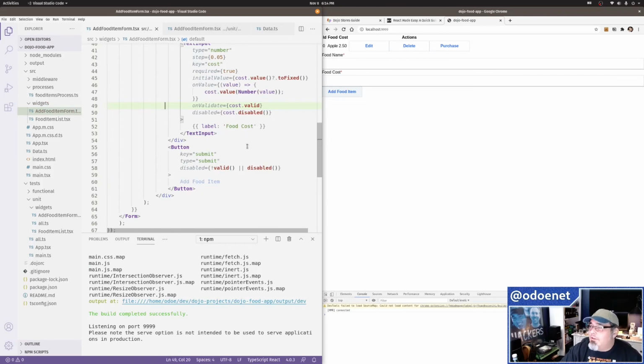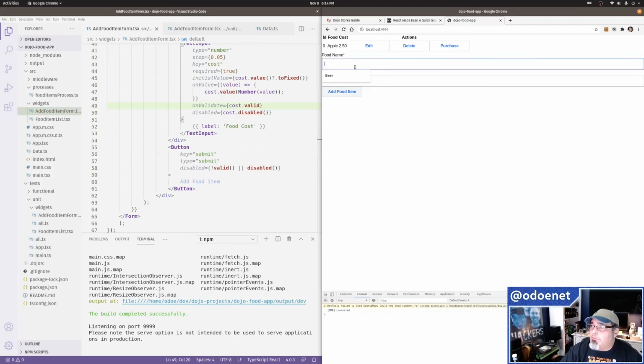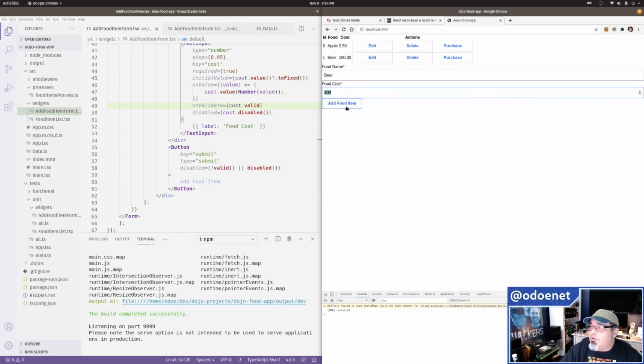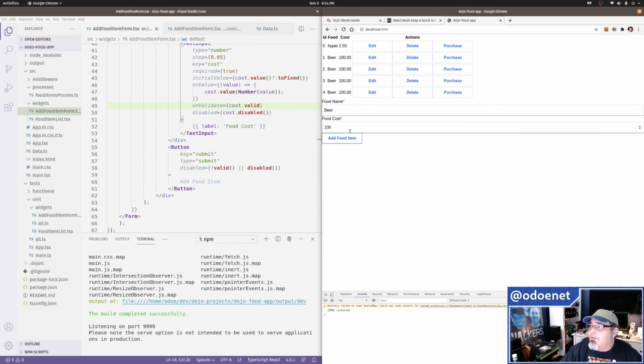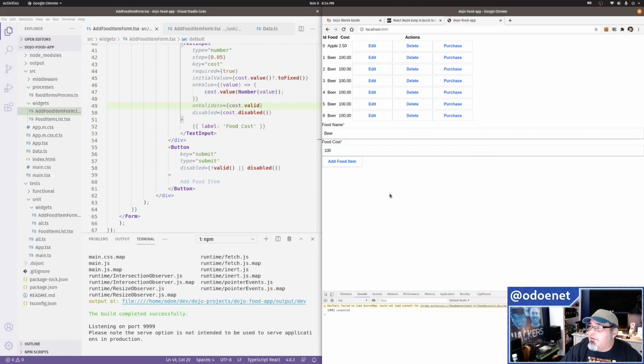Threw me off. But you just gotta remember that when you're working with forms, that kind of thing is going to happen. 100. Jesus, expensive beer, man. That's some fancy Pliny, right? Okay, so now we need to edit. I just talked about the edit. Okay,